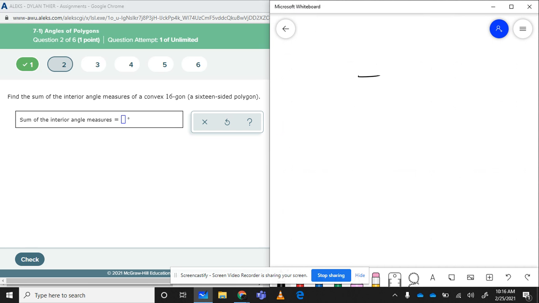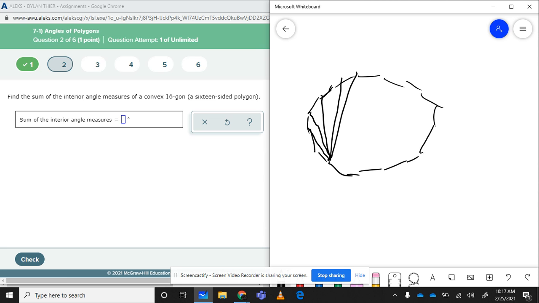So I could go through and draw out 16 sides and think about it as a picture. I don't really want to do that because that's a lot of sides and it'll make for a messy picture. That's 8 right now. So if I connected these all, that would be 16, I think. The key idea would be that we just remember when we cut this into triangles, when I take one corner and I start going out to the other vertexes,